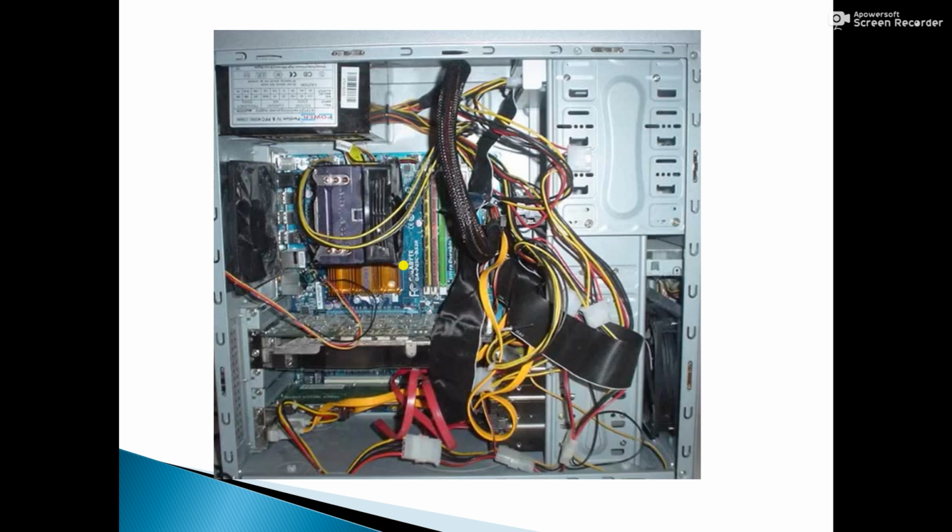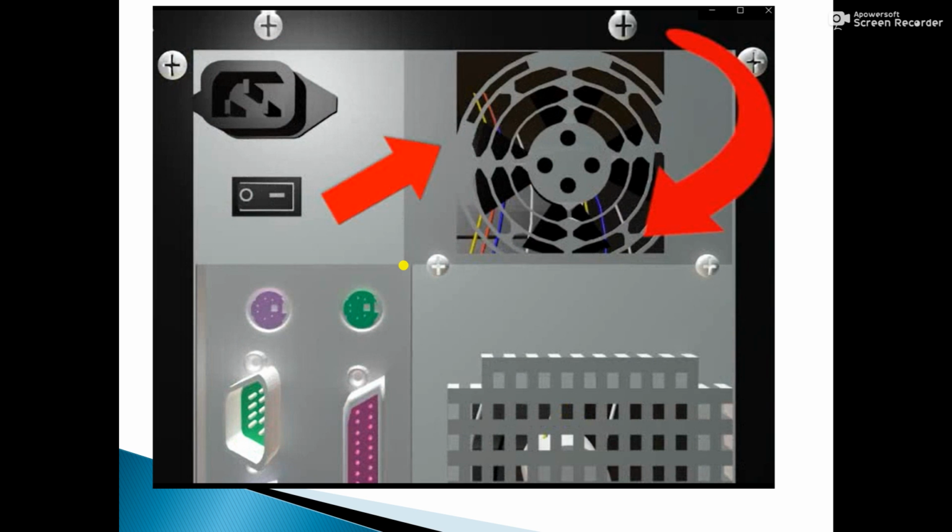For maintaining the temperature of the CPU, a fan is provided at the back of the cabinet. It is used to cool the components inside the cabinet. Otherwise, overheating can damage the components of the computer, which causes data loss. It is also called a cooling fan.